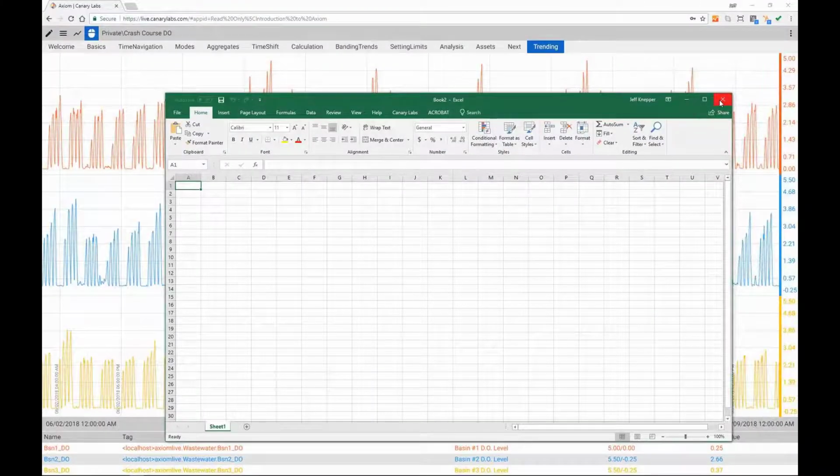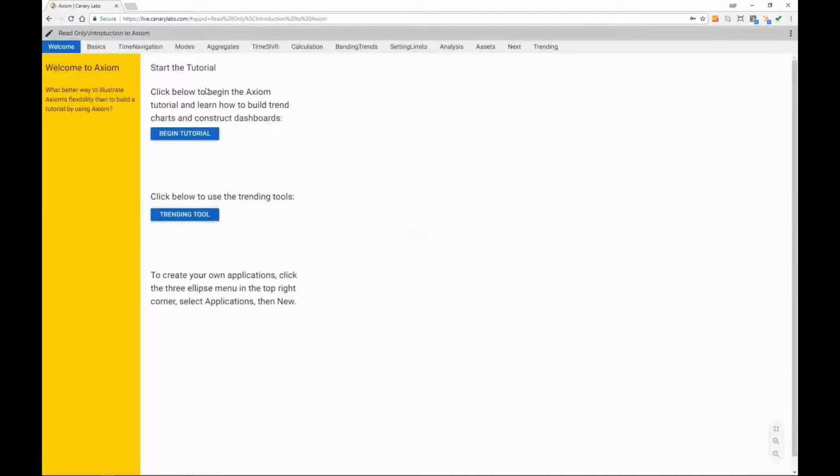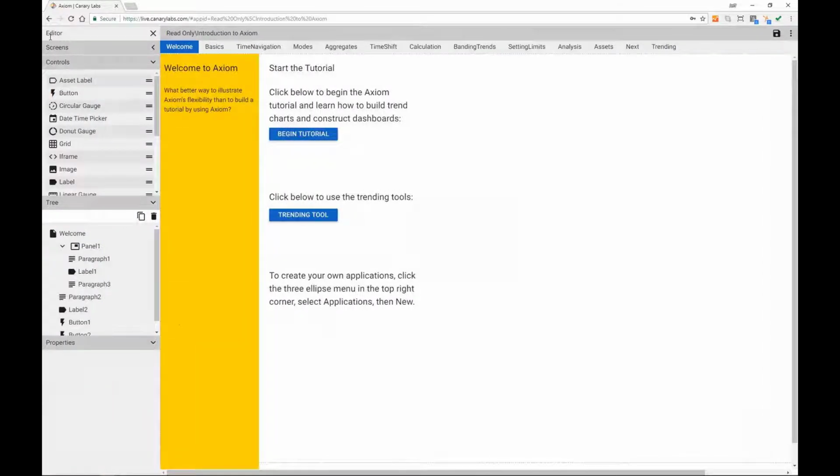All right. So that's an overview of the trending tool. I want to show you the dashboarding piece as well. The dashboarding piece is how we've actually built this template. So the entire template is done inside of Axiom. And the dashboard editor sits right here behind the pencil. So when I go into the editor,